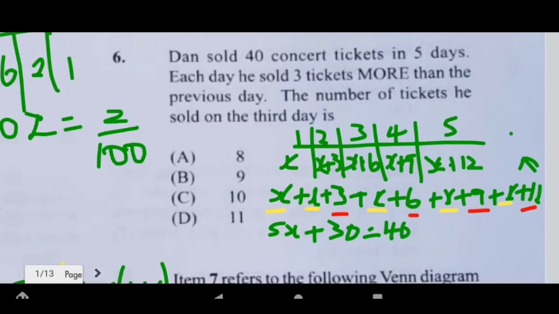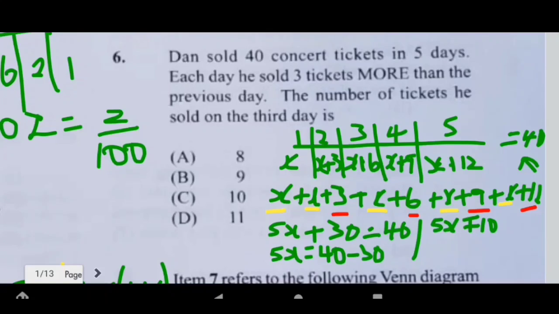This is equal to 40. Sorry, I didn't write it. Now we need to find our value of X. So we need to make X the subject of the formula. So we'll have 5X is equal to 40 minus 30, which would give us 10. So we have our new equation, 5X is equal to 10. And then to find X, we need to take 5 over the equal sign. So we're going to have X is equal to 10 divided by 5,